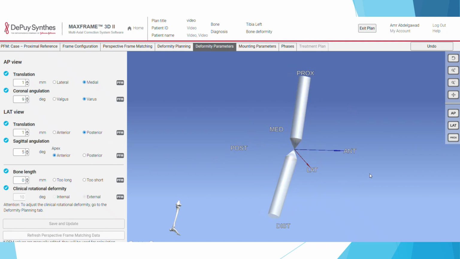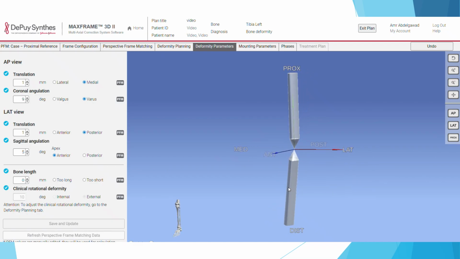There's some varus deformity. If you look here, this is medial and this is lateral. If you flip, this is if you look from posterior. Here is medial, here is lateral. So there is 9 degrees. We didn't put any translation, otherwise the sticks would have moved. And then, as we said, the mounting